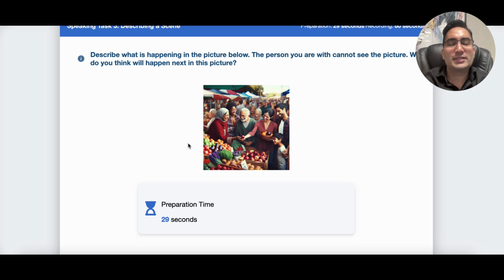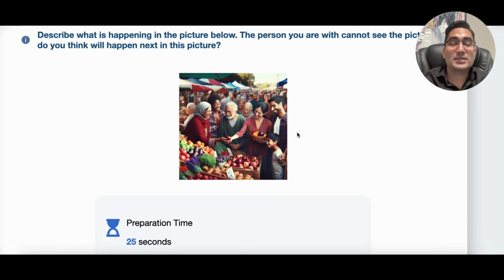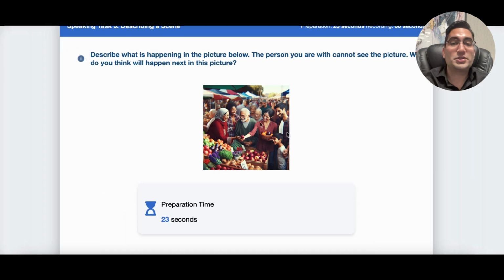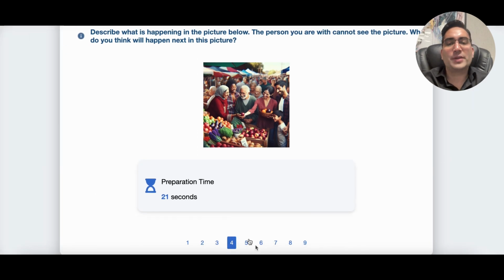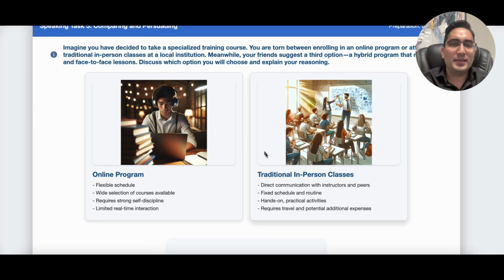Now, some of the questions in speaking are with pictures. Something like this, it simply asks you what is happening in the picture, so you describe whatever you can see in the picture. Later on, you get something like this, where you're given 2 pictures at the same time, and you have to compare and pick an option and tell the person you're talking to why your option is better